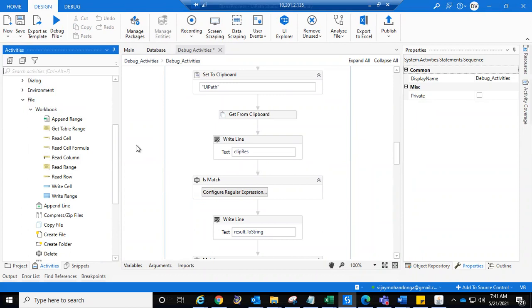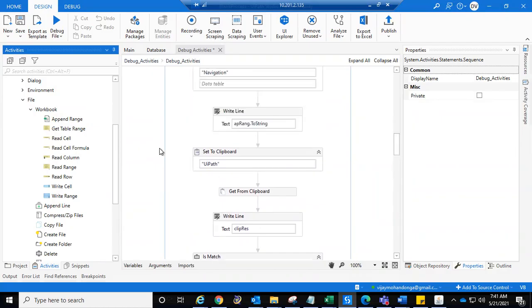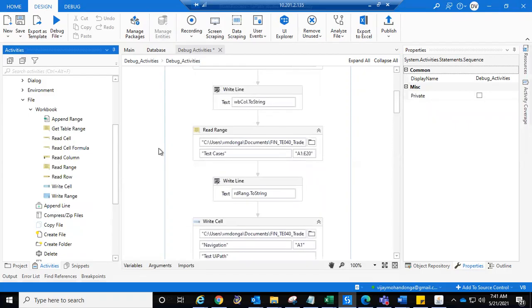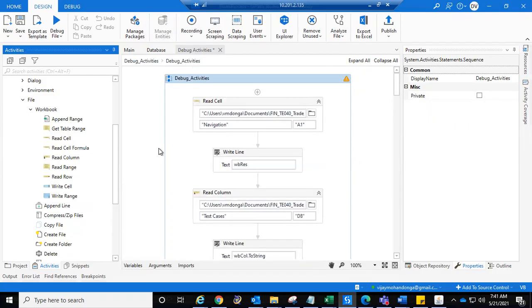Let's create... not workbook. I think Vijay has already done that one. Vijay, can you just run and show them the part where you did the workbook activities? They have given an assessment, right? In the assessment, that compress zip file,